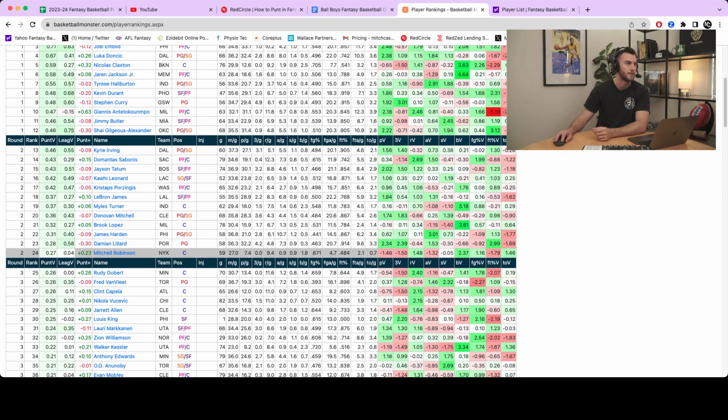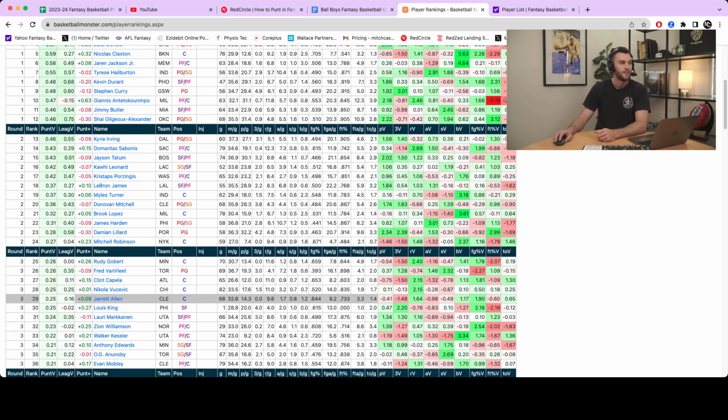The next player that I see really good here in this build, maybe a Mitchell Robinson. Should I grab him a few rounds early? Rudy Gobert, I can get him at a lot of good value. He might fall to me outside the top 50, top 60. I can maybe get a Clint Capela, who's really good. He's going to fall to me at the end of drafts as well. There's lots of different guys, Zion Williamson, Walker Kessler. All these guys here are ranked so much higher than where they would typically be drafted.